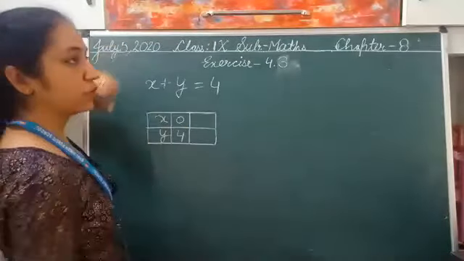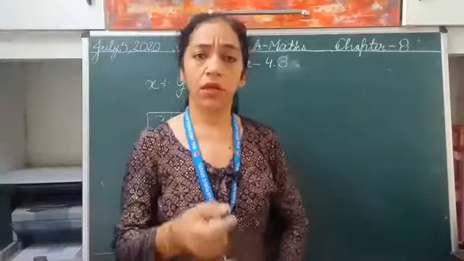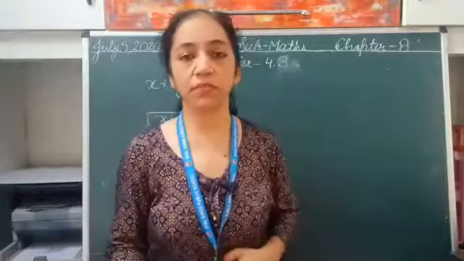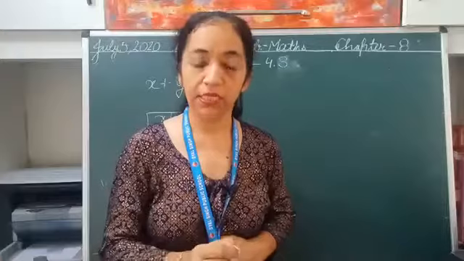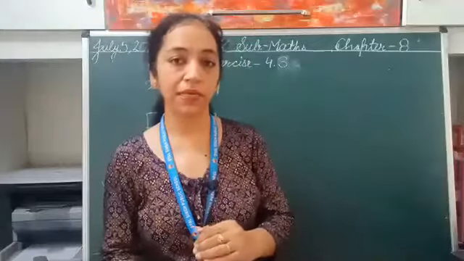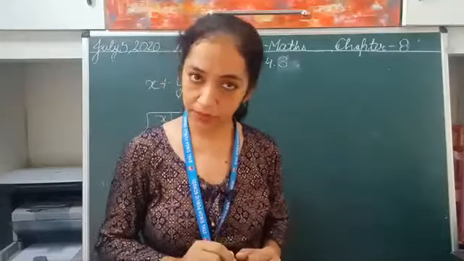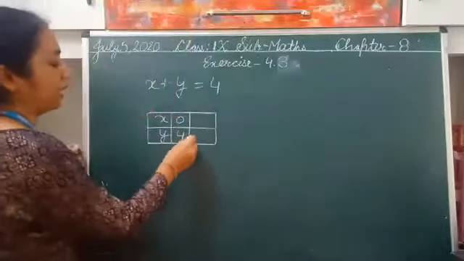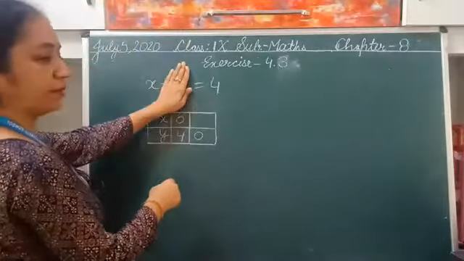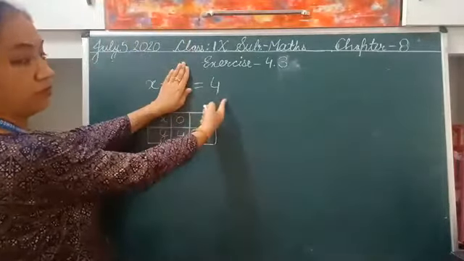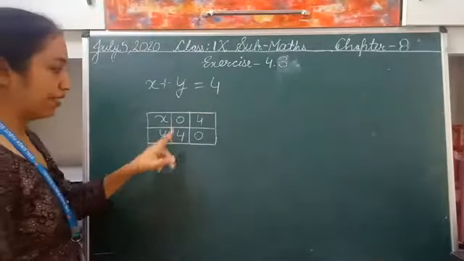ठीक है? It is not always necessary that you will get good solution, good value by putting just x is equal to 0 and y is equal to 0. It will be your choice कि आप ऐसी value put करें जिससे जो आपका next value आए वो ऐसी आए जिसको आप ग्राफ पे easily draw कर सकें, right? So in this question I am taking y is equal to 0. As you take y is equal to 0, तो आपकी ये term खत्म, you will get x is equal to 4. X will be 4, right? So I have now 2 points.